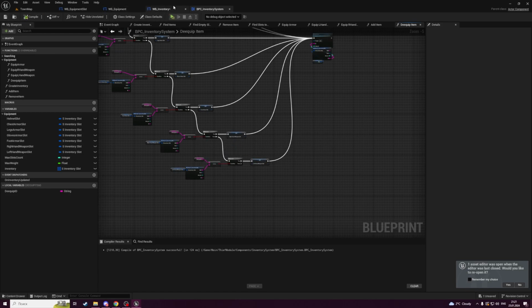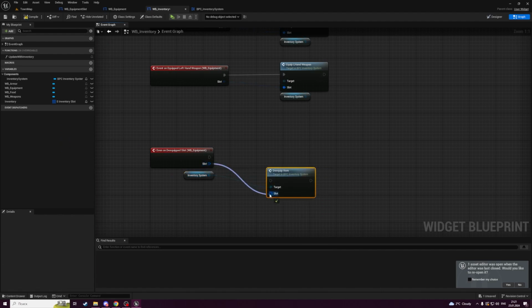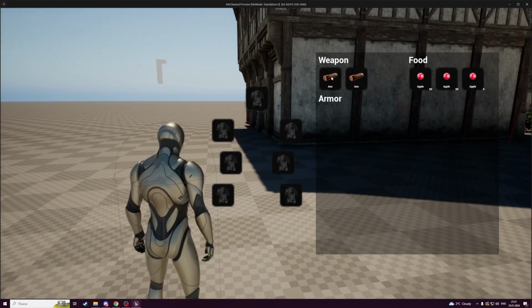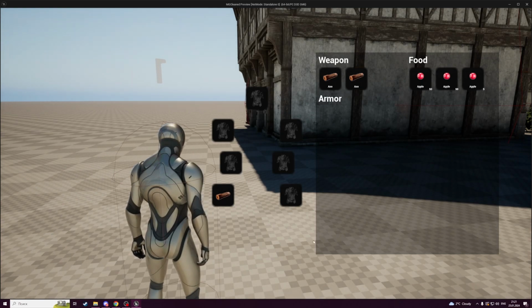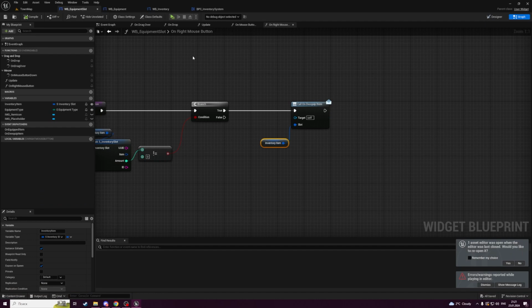So now let's open our VB inventory. Here in inventory system, let's call the equip item, plug slot, connect execution pin. Now we can test it. Right click. Okay, it's not removed because